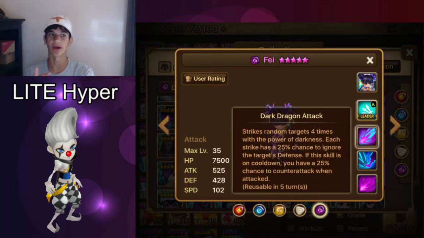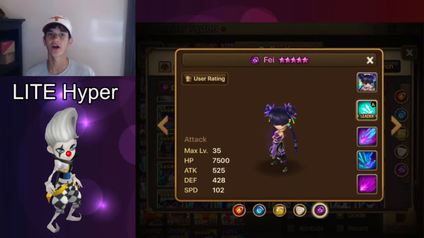She can be good, can be bad. It just kind of depends. Alright, so now for TOA. TOA, she's not the best monster. There's definitely better monsters. I would probably just recommend not using her in TOA, unless maybe you have like a